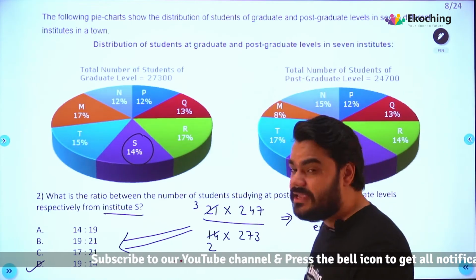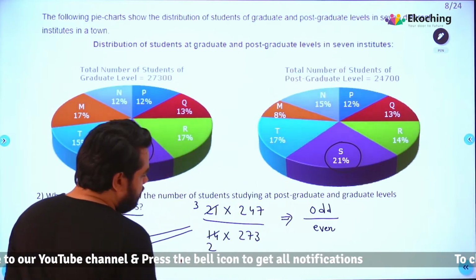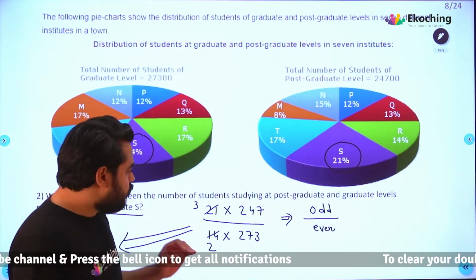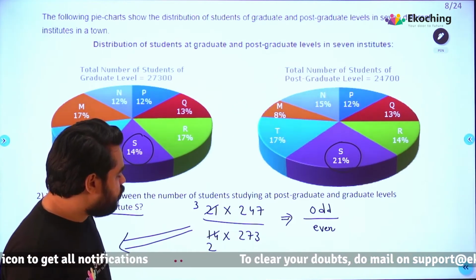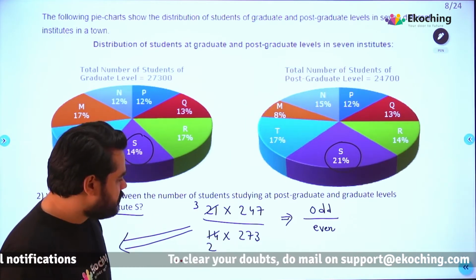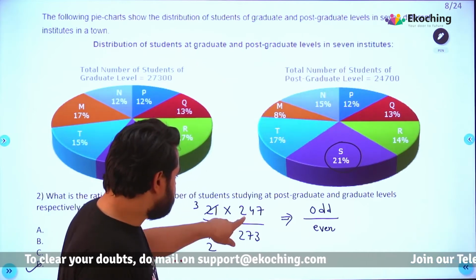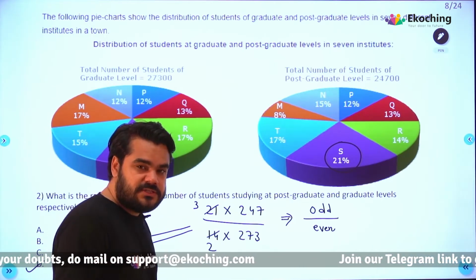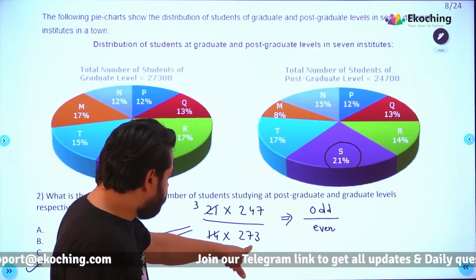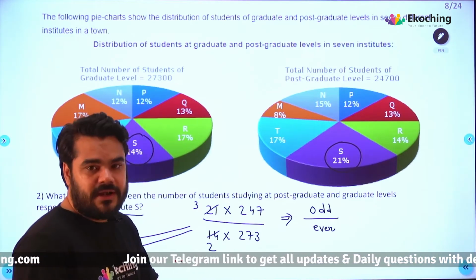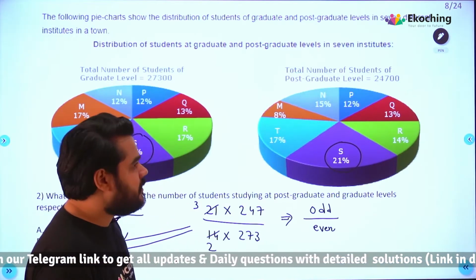For example, अगर ये नहीं करना होता, अगर ये मेरा दिमाग नहीं चला, तो मैं क्या कर सकता था? Okay, let's think. If we are not able to do this, what else can we do, right? Okay, so I have this 247 and I have this 273. 247 seems like a multiple of 19, right? Because this is 190 plus 57. So this is 19 into 13. Okay, so if this is a multiple of either 13 or 19, that will make my job easier.